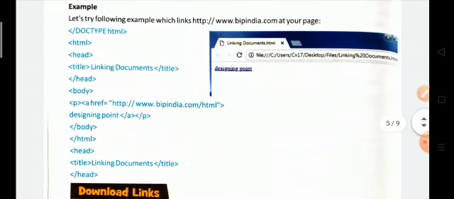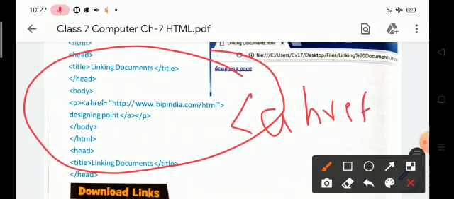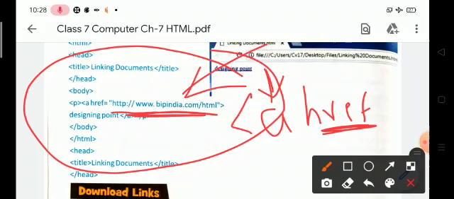Look at this picture and this code, children. href means hyperlink reference. Here we use the anchor tag, and this is the path of the website, www.bpinindia.com. This is any website.